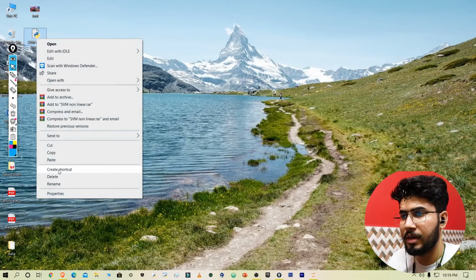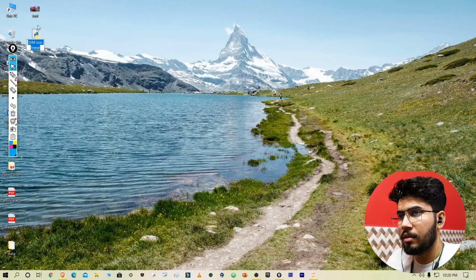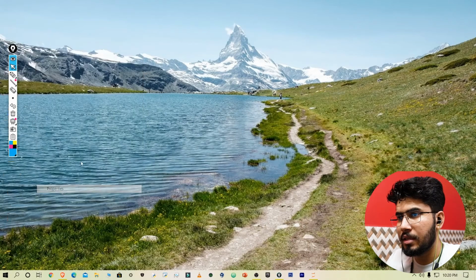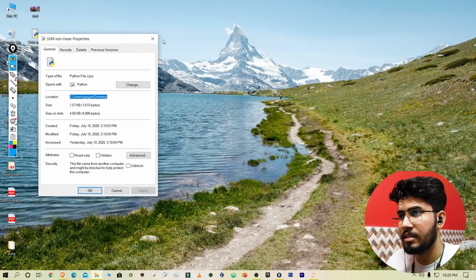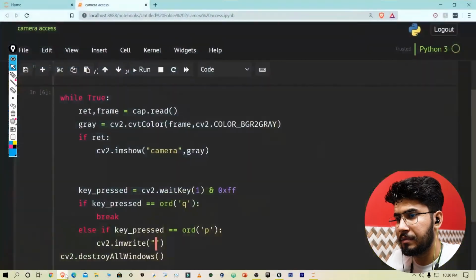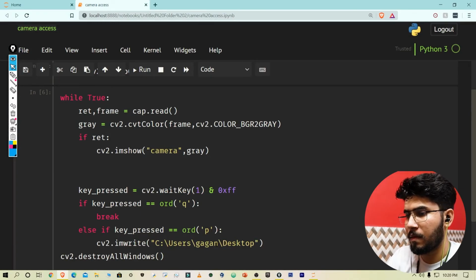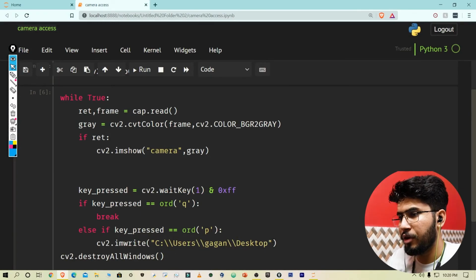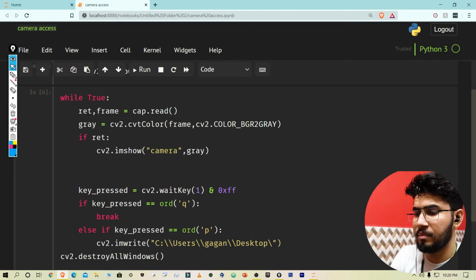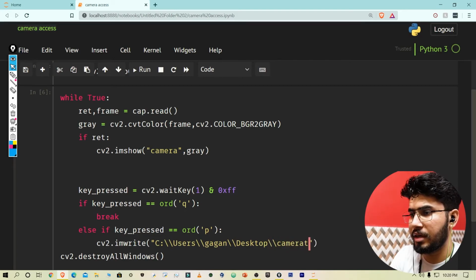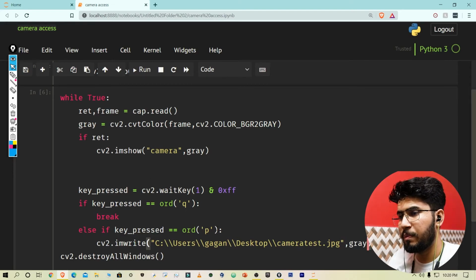Let me just copy it from properties. So this is my desktop address, and here I'm going to save my image with the name camera test.jpg, and now I will give my break here. So if I press P, then it is going to save my image.